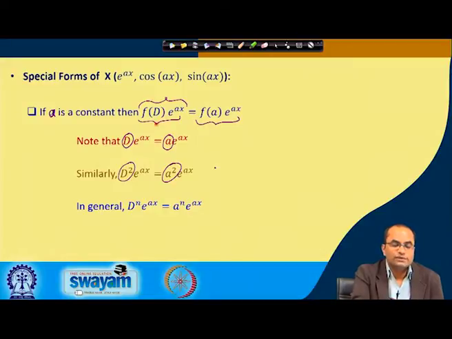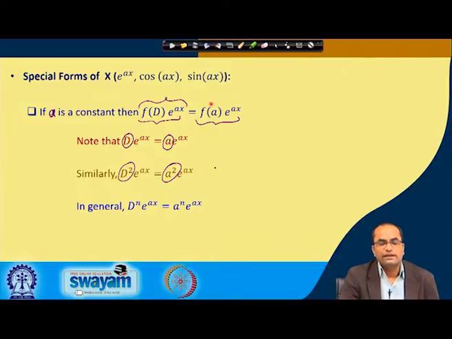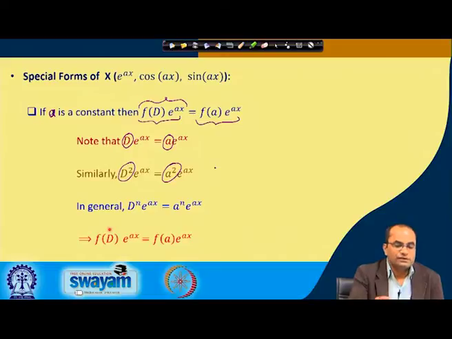So, in the whole expression, when we apply f(D) on e power ax, all this D will be replaced by a. So, instead of f(D), we will get f(a), and this e power ax will remain as it is. So, this is the general result which will be useful now to derive